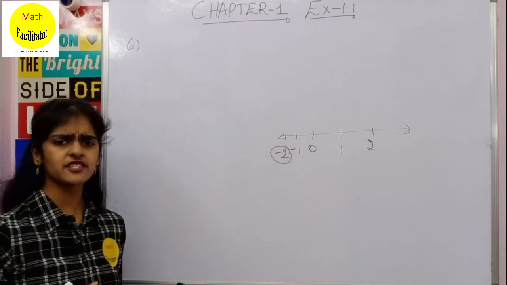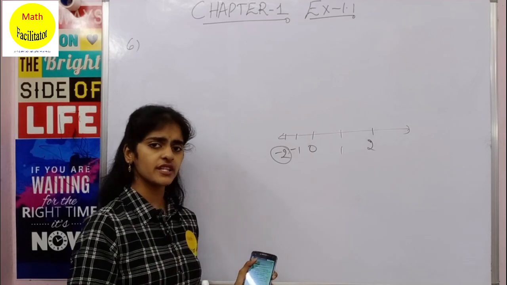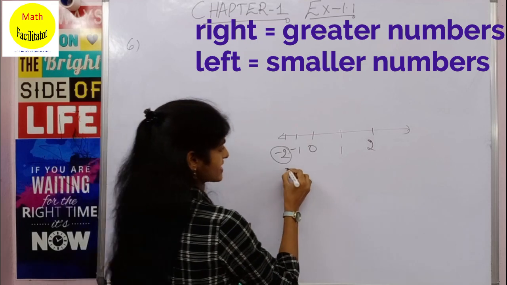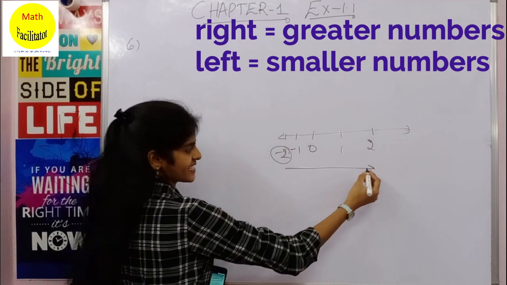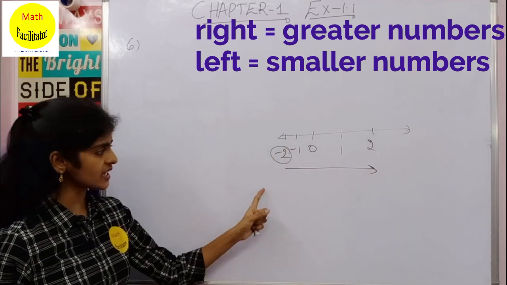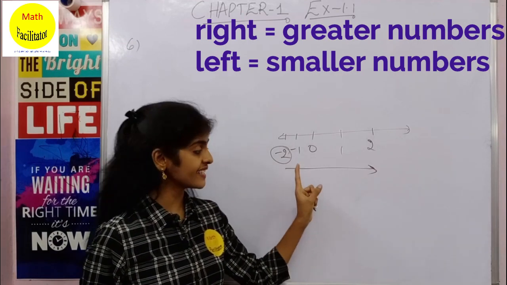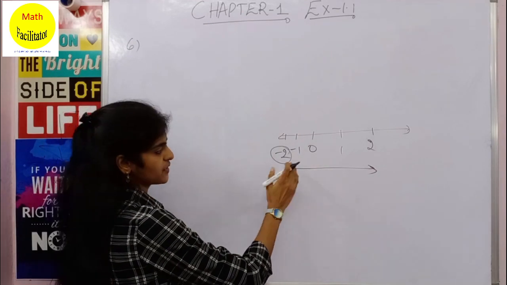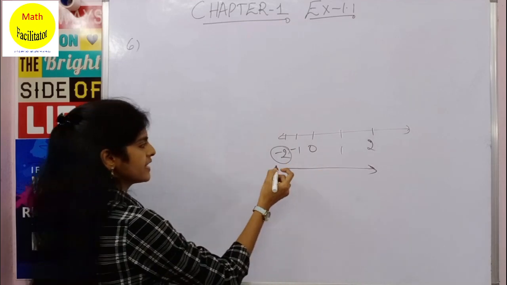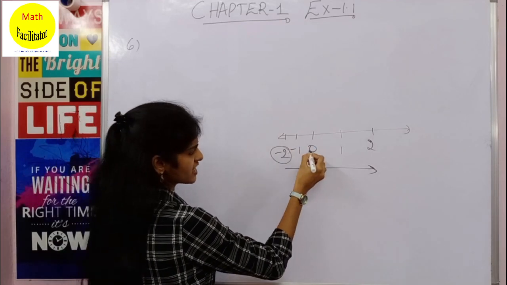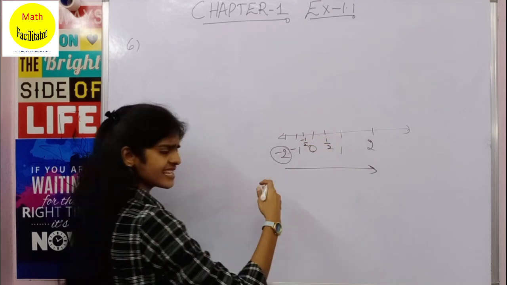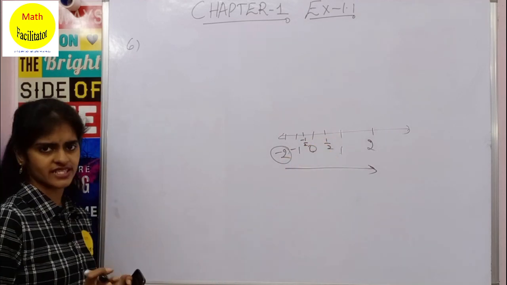So that means we will consider the left side of the number or right side? You will consider the right side of the number. As I told you, the right side always has greater numbers. As you move to the right side of the number line you will find greater numbers. So you want greater numbers than -2, that means you have to move to the right. Now similarly between -1 and 0 you have -1 by 2, here you have 1 by 2, and so on. Similar question to the 3rd one.